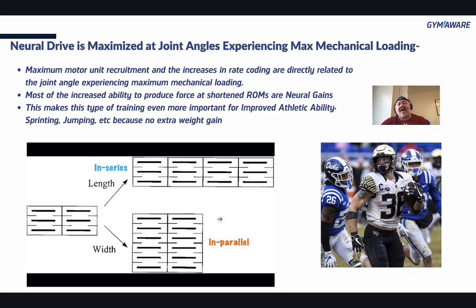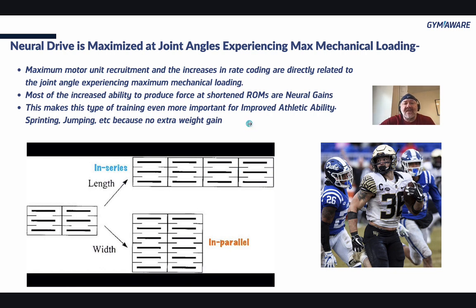Neural drive is maximized at joint angles experiencing maximum mechanical loading. So maximum motor unit recruitment and increases in rate coding are directly related to the joint angle experiencing the maximum mechanical loading. Therefore, when you load up the barbell and do those partial squats, whether it's quarter squats or half squats,